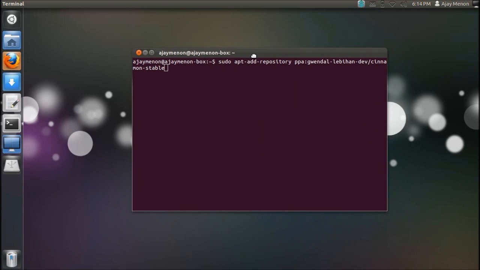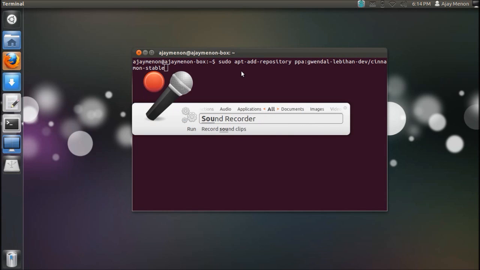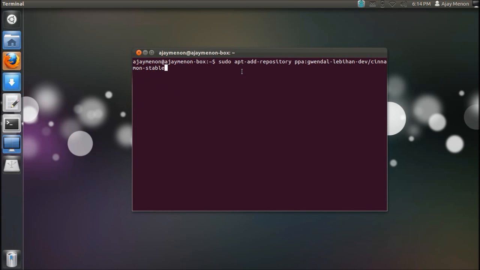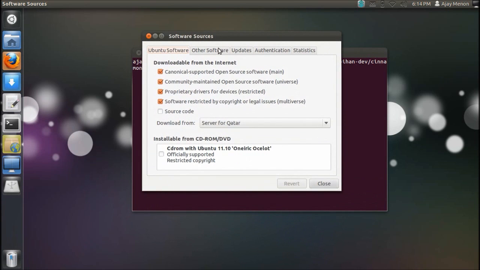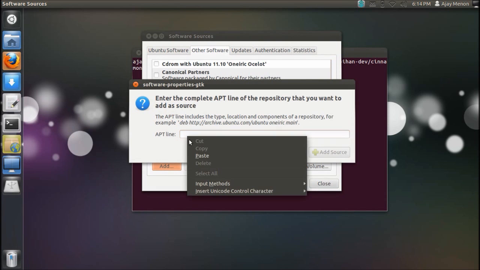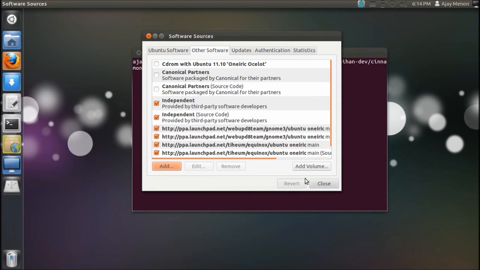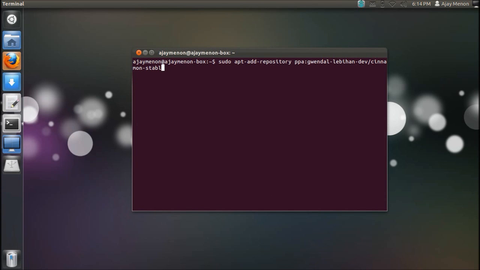And then just hit enter. I have already added the PPA, so I will not be doing this. Well, if you're not comfortable with the terminal, you can always use the software sources GUI. Just need to go to the software tab, add, and then just add the PPA. After you add the PPA, you've got to